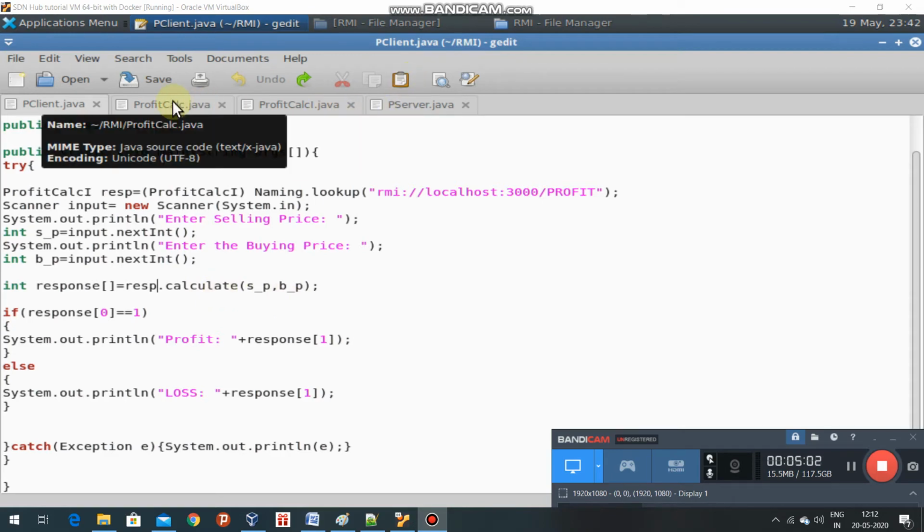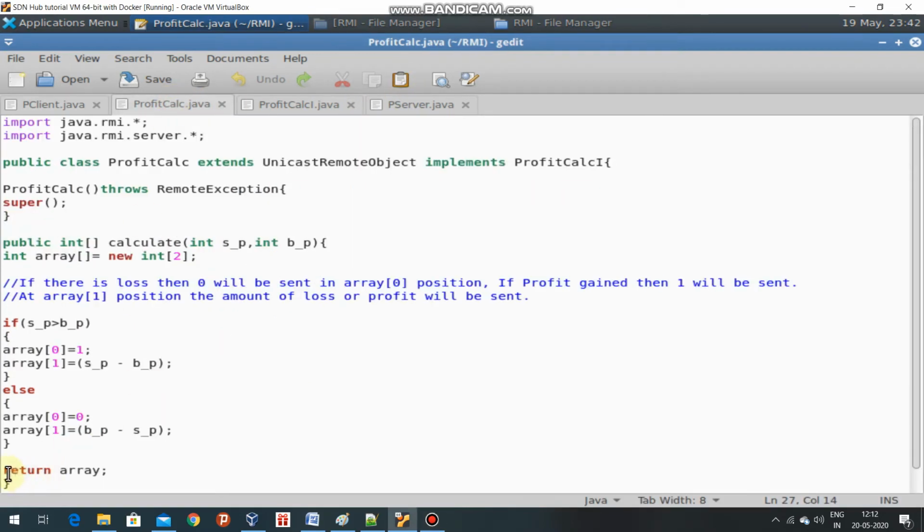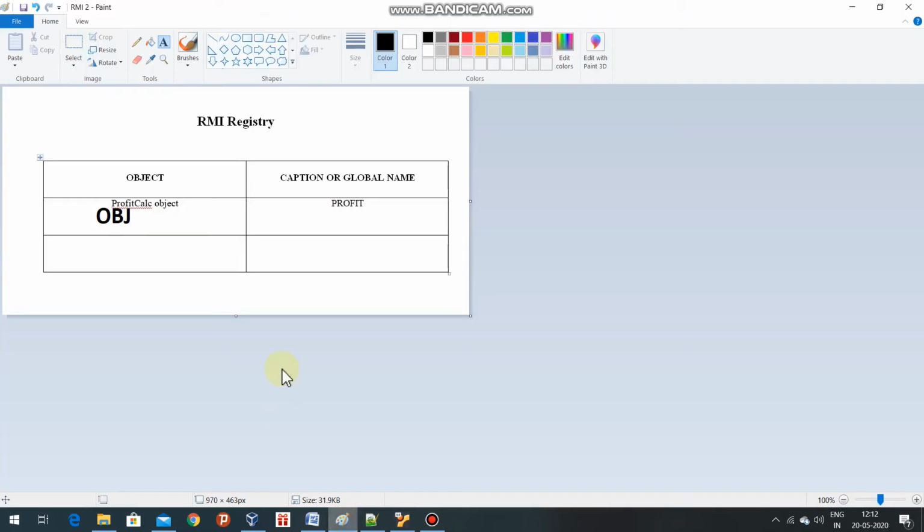Here, what has been written? Return array. And what is the array? You can see.